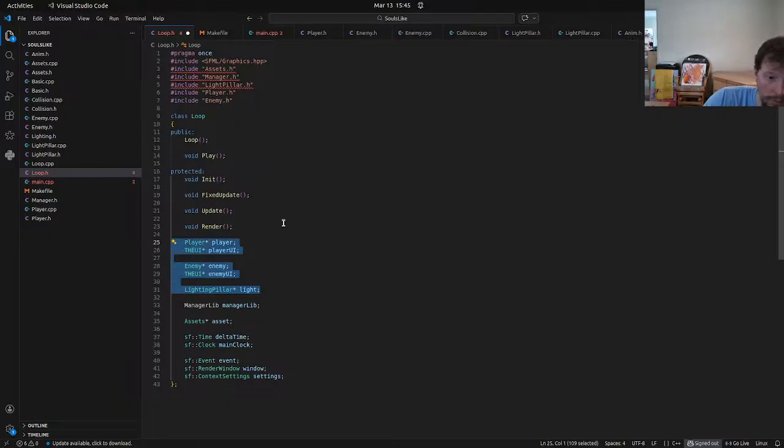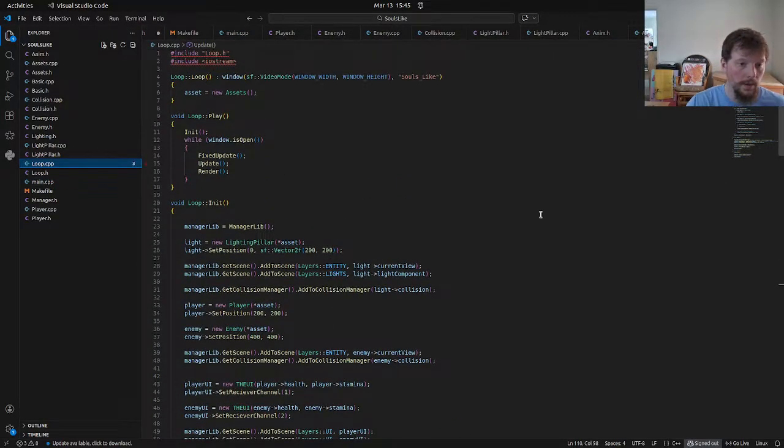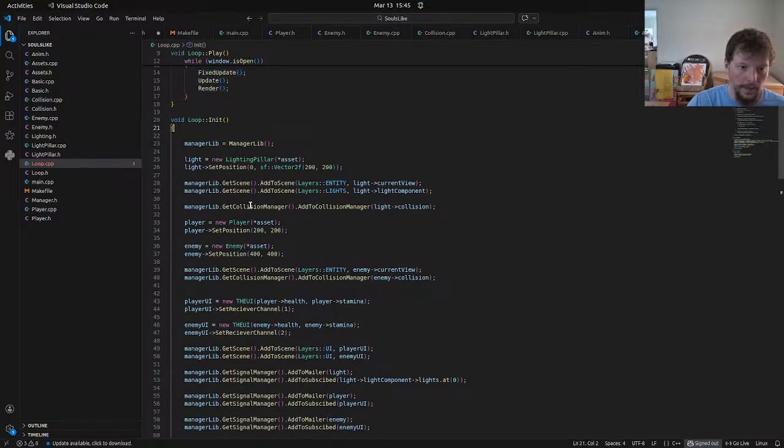Ideally, we would have one container here that holds all the things, and then from there initialize them type of stuff. Maybe next time we'll go ahead and organize a little bit more. And play calls are protected functions here. Initialize, then while the window's open, run this loop. Initialization is grabbing our library